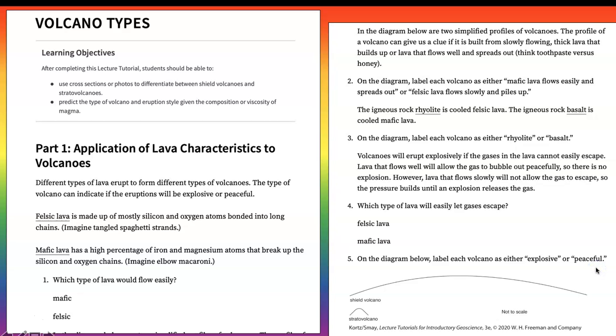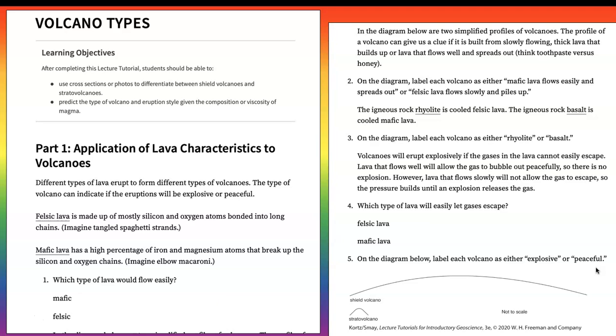The learning objectives are to use cross-sections or photos to differentiate between shield volcanoes and stratovolcanoes. So those are the two kinds of volcanoes that are addressed in this activity. And you're also going to predict the type of volcano and eruption style given the composition or viscosity of the